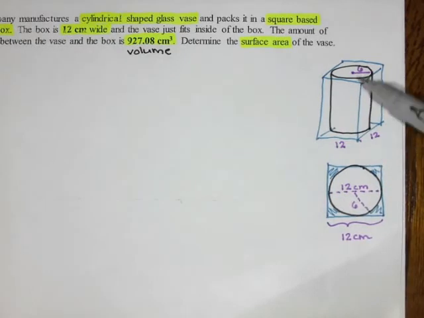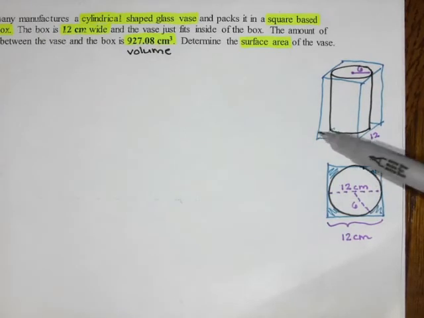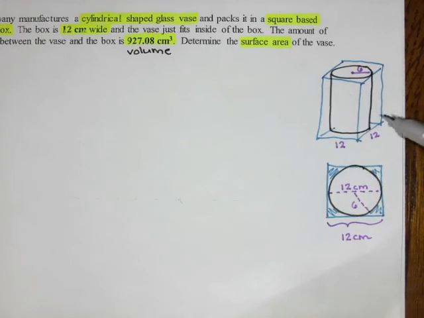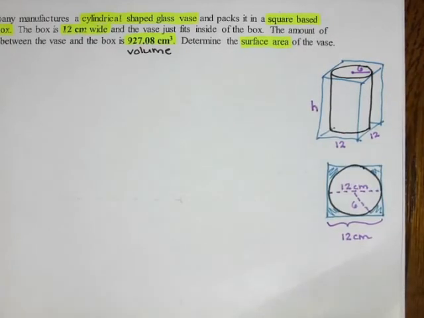Do we think the height is also 12? It doesn't say that. It says it's square based. So the base is a square. It doesn't say it's a cube. That's what it would say if all the sides were the same. So the problem is I don't actually know what the height is. So they did tell me the volume, but it's the volume of the empty space. So if you were to take the volume of the box and subtract the volume of the vase, that leftover space is